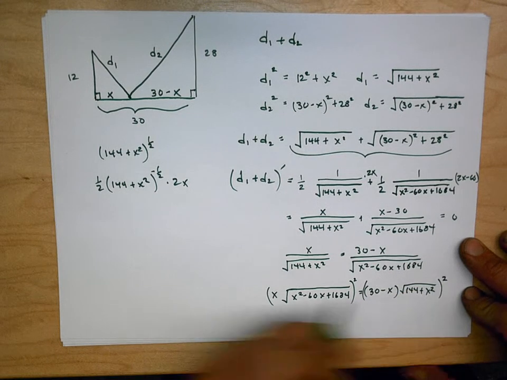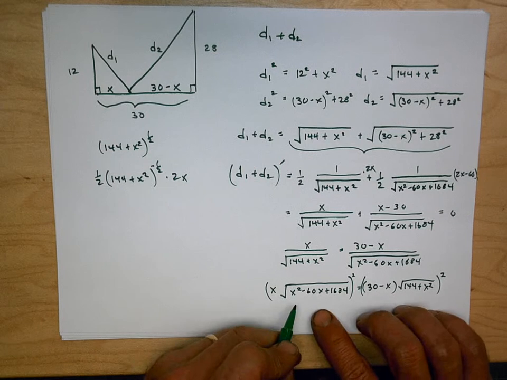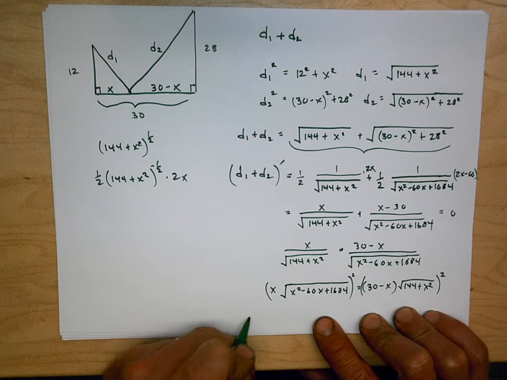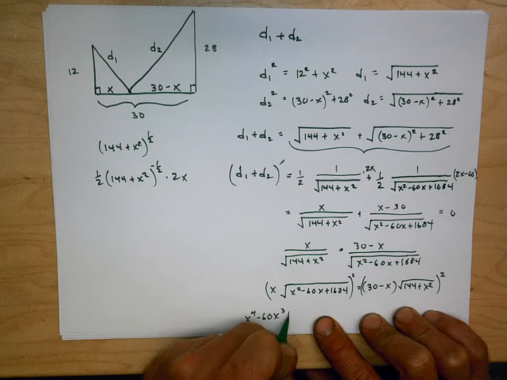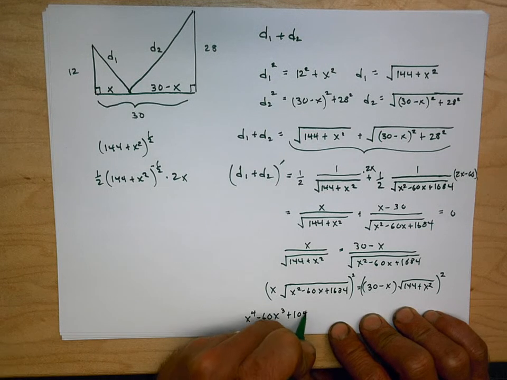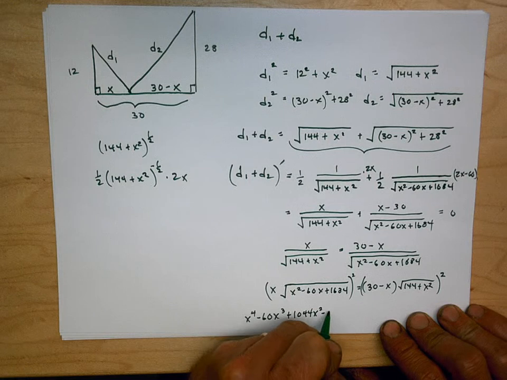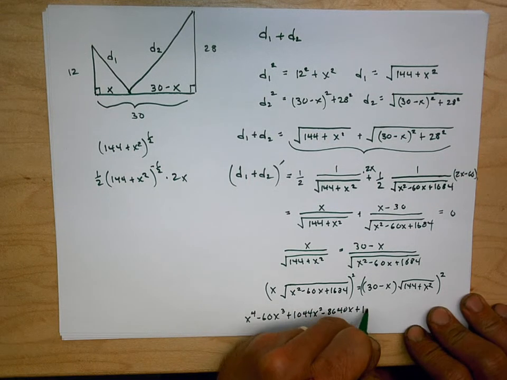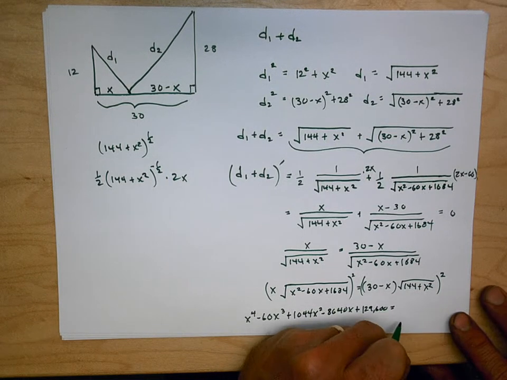All right, and what that gives me over here is x to the fourth minus 60x cubed plus 1044x squared minus 8640x plus 129,600. And on the other side, I just end up with,